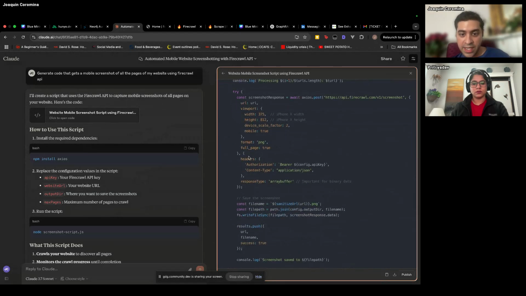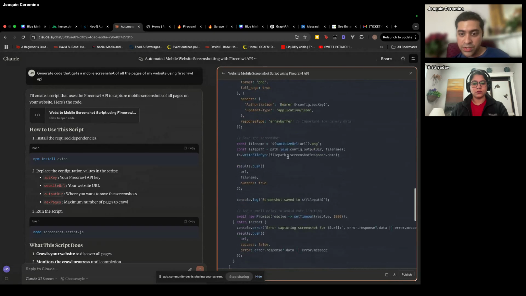So it tries to construct its own mobile screenshot in order to do it.